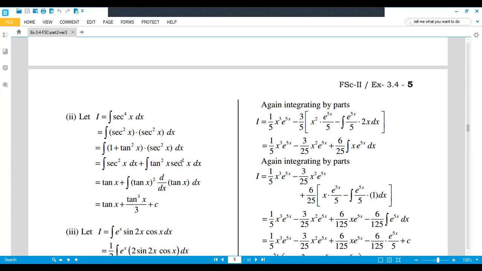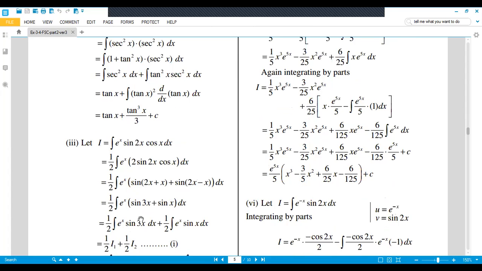In tan^2 x sec^2 x, sec^2 x is the derivative of tan x. So if the derivative is present in a product, what will we do? In tan x, the power 1 will be added and we divide by the same power. So the integral of sec^2 x is tan x, and for tan^2 x sec^2 x, the derivative is present in the form of a product, so power 1 will be added and we divide by the same power. This is rule 1 which we studied in the previous exercise.